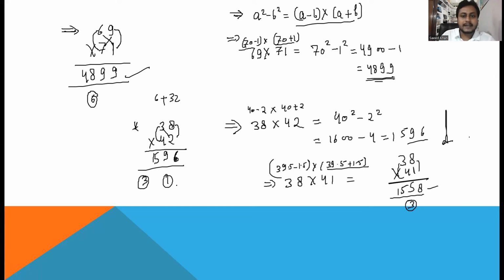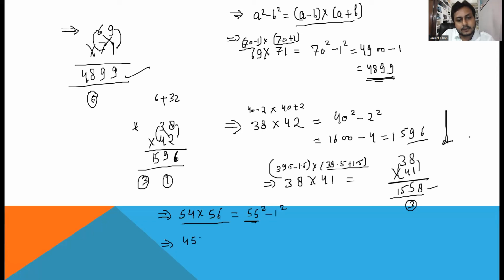So next is let's say if the number is like 54 into 56. यहाँ सोच सकते हैं. We can write 54 into 56 as 55 square minus 1 square. So for this, you must know the square of 55. And if the number is like, let's say